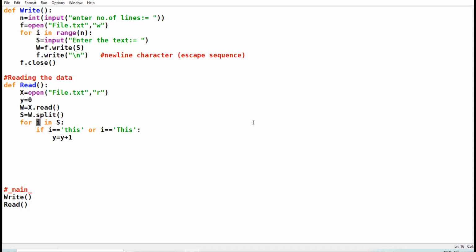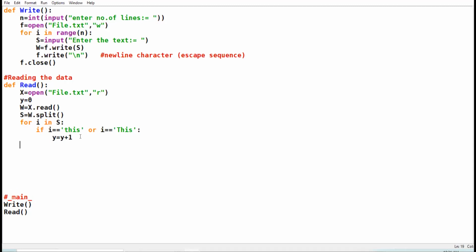Suppose the name is Ashish. When we are moving character by character, i will be holding A, S, H, I, S, H, individual characters. Now we are moving word by word, i will be holding the complete word Ashish. Clear?